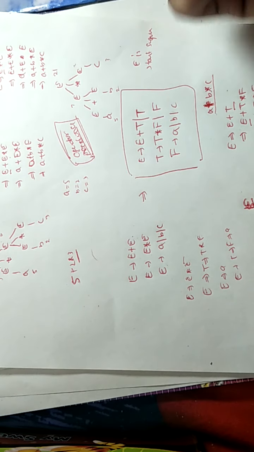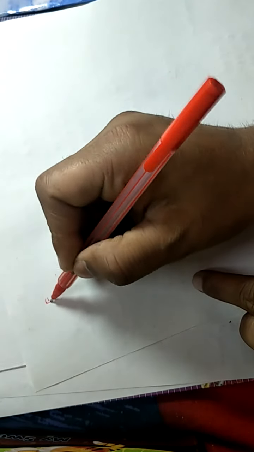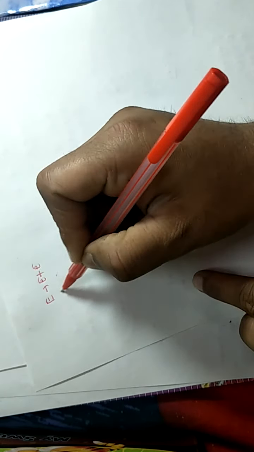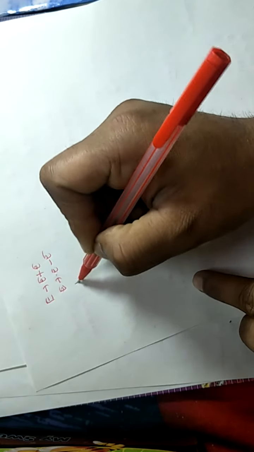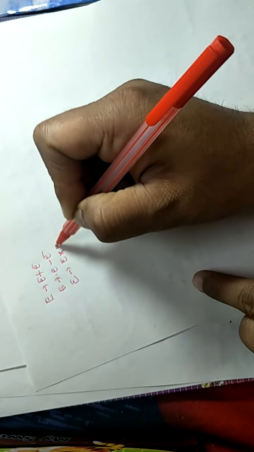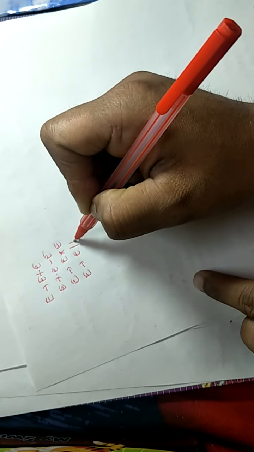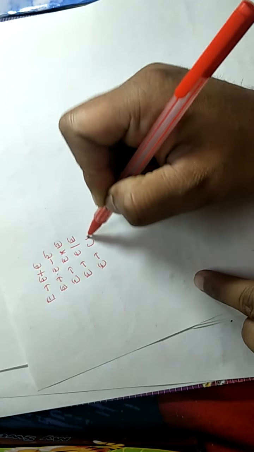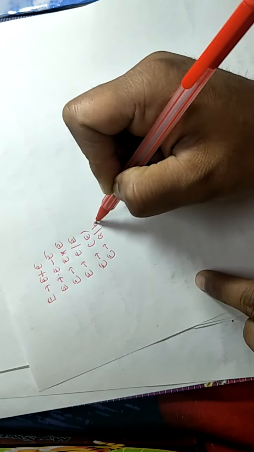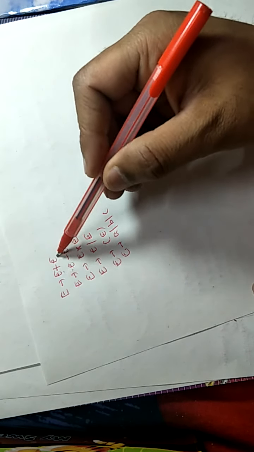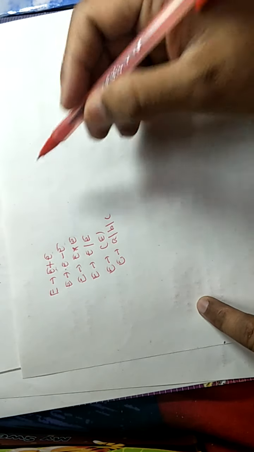So we need to remove the ambiguity, we can convert this into this particular grammar. And in any other grammar, there may be multiple operators. Suppose we have E tends to E plus E, E tends to E minus E, E tends to E into E, E tends to E divide E, and E tends to bracket E, E tends to A slash B slash C. So here we have a problem that we have two non-terminals at both sides, and the same non-terminal can be expanded at both sides. So we have to change it into an unambiguous grammar.